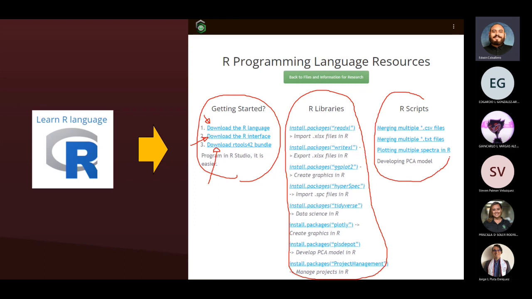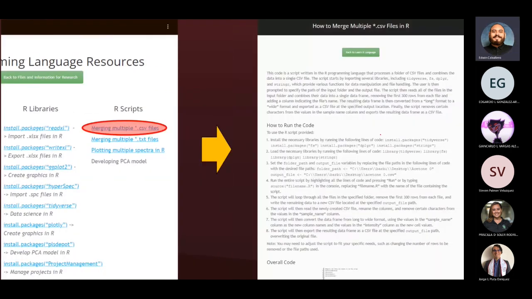and some of the scripts that I have written. Specifically, I'm going to be using this script, which is going to help us merge all of the .csv files. Here's the one for txt. The SVC one will be coming whenever I manage to do that one. So if you go to the .csv file,